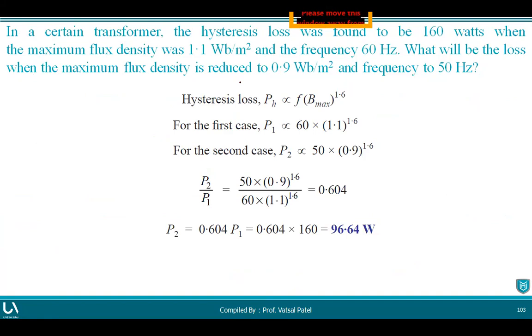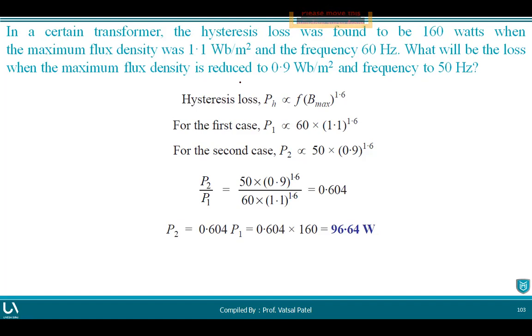In this example, a transformer, an electrical appliance, had a hysteresis loss of 160 watt when the maximum flux density was 1.1 Weber per meter square and the frequency was 60 hertz. What will be the loss when the maximum flux density is reduced to 0.9 Weber per meter square and the frequency is 50 hertz? So